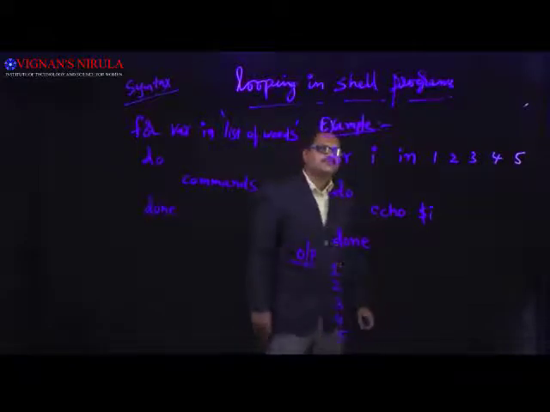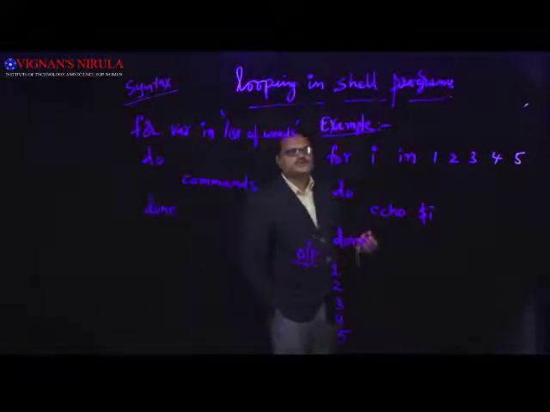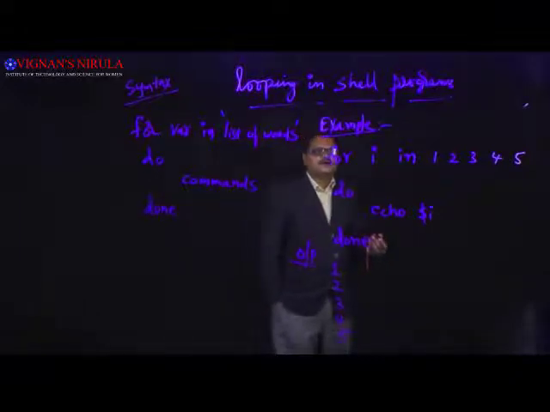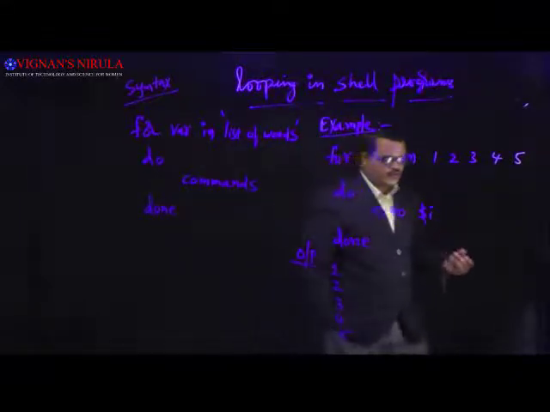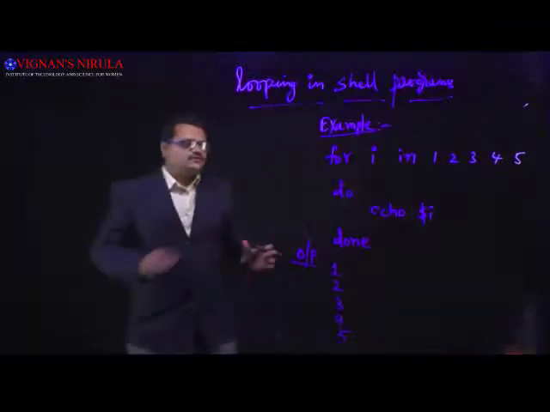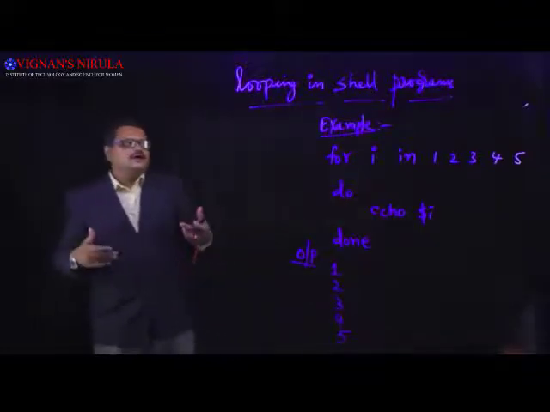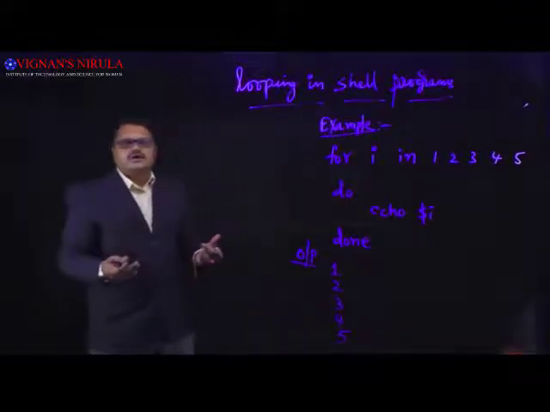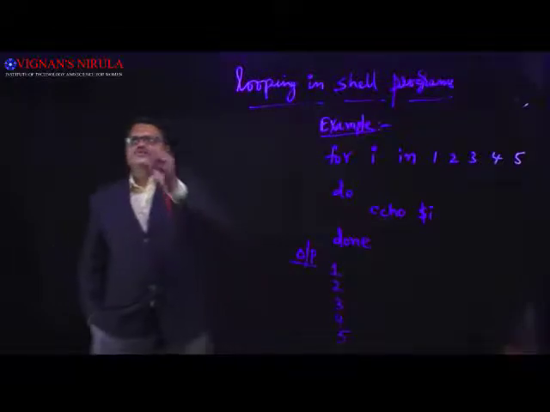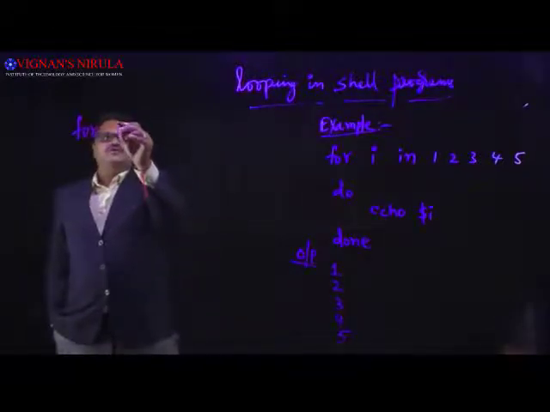So this is a simple example of displaying the values 1 to 5 in Unix using a for loop. Next is another example, where we will see the same example with some construct. We already saw in unit 3 about shell meta characters. So one of the concepts is how to display a range of values with shortcuts.